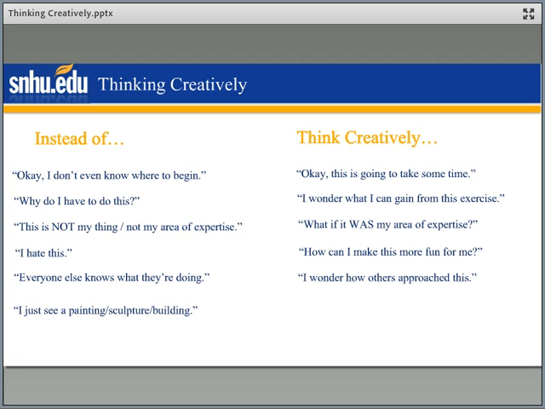You're looking at your works of art and you think, all I see is a painting, all I see is a sculpture or a building, whatever it is that you're looking at. That's all I see. That's it. How am I supposed to go from there? What else do I discuss? You can give yourself some other ways, some creative ways to get going. You might ask yourself some simple, quick questions. Do I like it? Do I like what I'm looking at? Why or why not? Does it appeal to me visually? Why or why not? And let me start there.